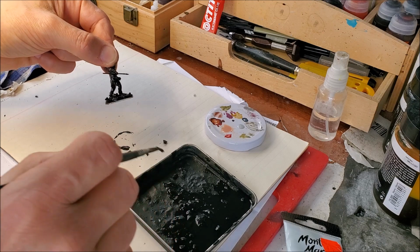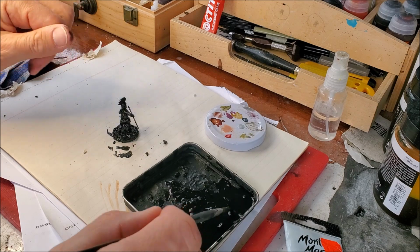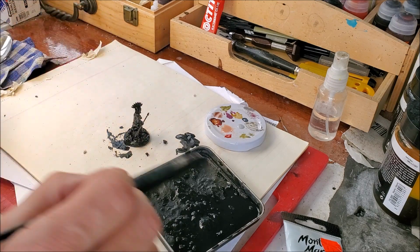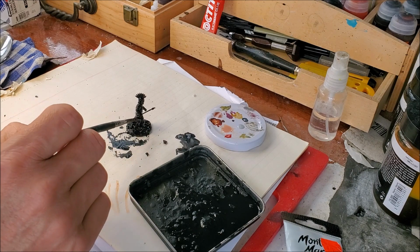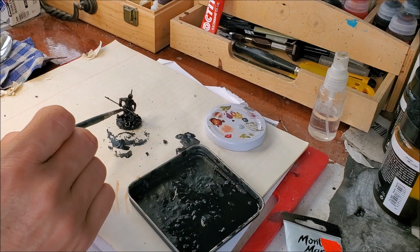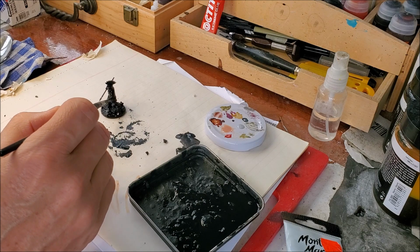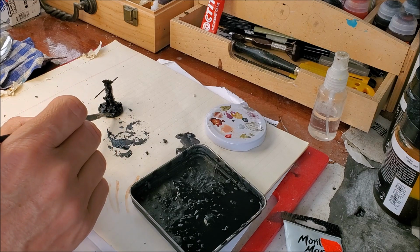He's been touching his head now, so I'll have to just go back and do that. And just wash out the brush to try to get as much grit off it as I can. A bit more on the crest. Probably a bit too dilute on the rest of the figure. It's come running off a bit, I see, so a little bit more, breaking my rule of trying not to go back and do the figure after you've already done the base. I probably could change the brush, that'd be a smart thing. Anyway, almost there now. So that's it, we'll give that a few hours again to dry, and then the white